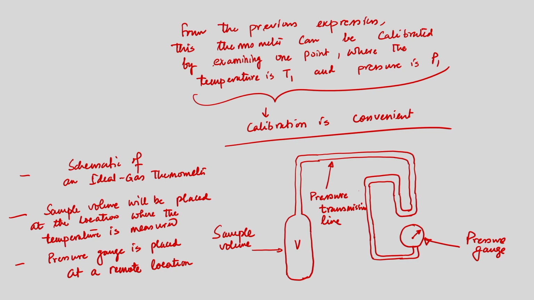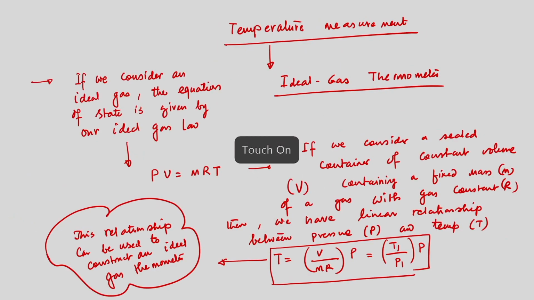We use the volume of the gas to measure the temperature. So, if we go back to my previous slide, we essentially used the volume of the gas to measure temperature, and we can see that from the V. So, we can write now that the volume of the sample volume of gas is used to measure the temperature.